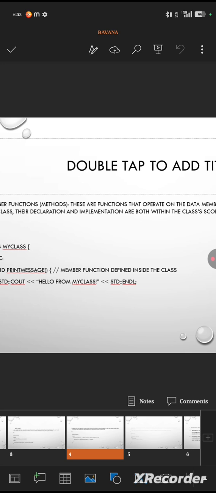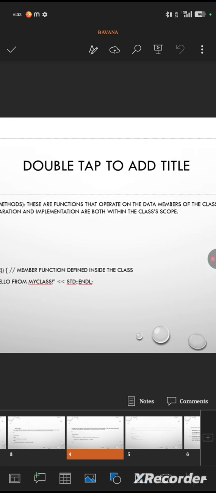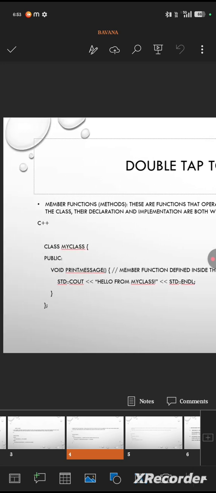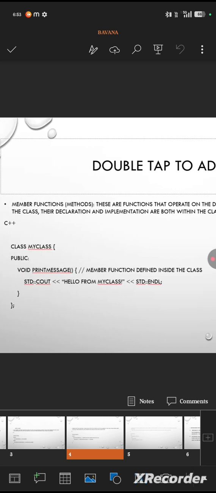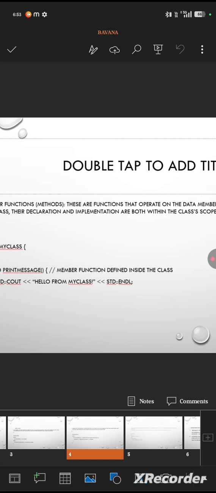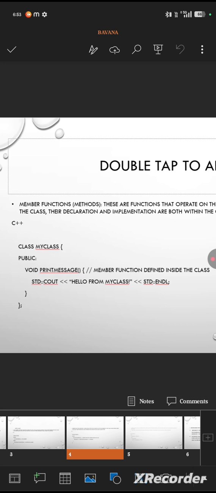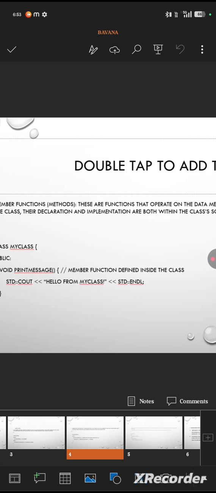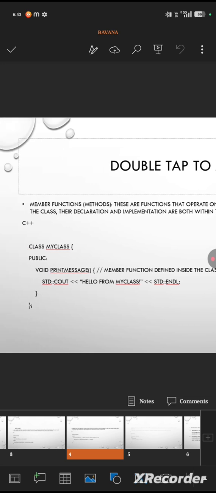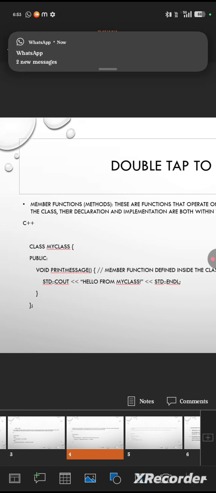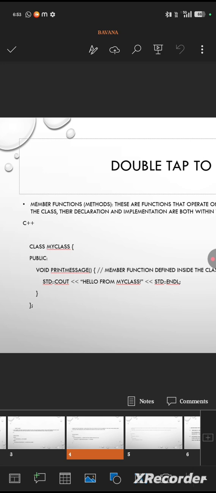Member functions (methods) are functions that operate on the data members of the class. When defined inside the class, their declaration and implementation are both within the class's scope. Class MyClass { public: void printMessage() { member function defined inside the class. std::cout << "Hello from MyClass" << std::endl; } }